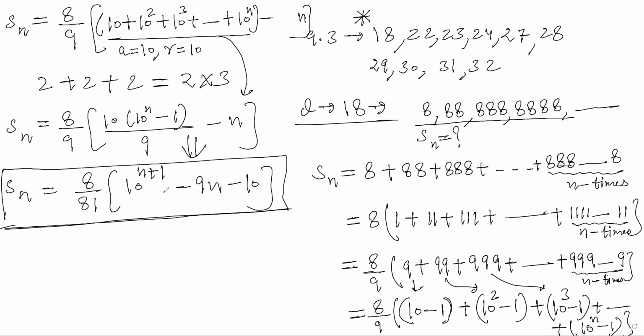अप्लाई करेगी तो तेरे को भी मिल जाएगा, ये a r की पावर n माइनस 1 डिवाइडेड बाई r माइनस 1, r था 10 तो r माइनस 1 हो गया 9। लास्ट स्टेप तेरे को खुद करना है, कैलकुलेशन कर। 10 को मल्टीप्लाई किया, 9 का एलसीएम लिया 1 के साथ, तो ये बना लिया। बस मुझे तो यही बताना था, मैं तो तुझे यहां तक लेके आना चाहता था। बाकी बस ऐसे ही बोनस में तेरे को करा दिया, 4 मिनट बचे थे, मैंने कहा मैं कोई नया क्वेश्चन शुरू नहीं कर पाऊंगा, इसलिए करा देता हूँ। अदरवाइज ये सारी कैलकुलेशन तो मुझे तुझसे ही करानी थी क्लास में।